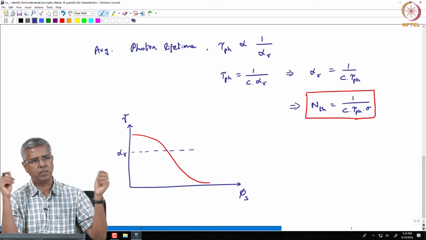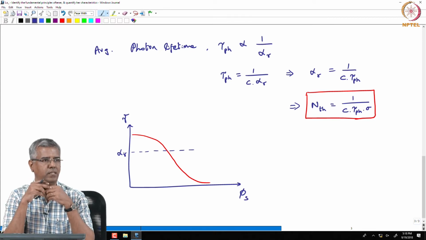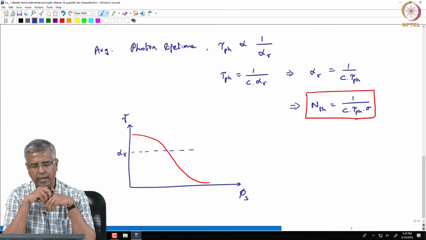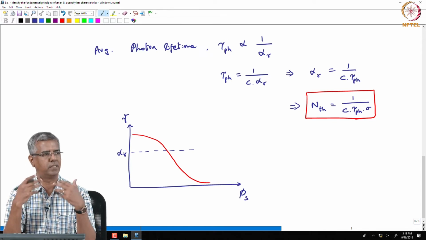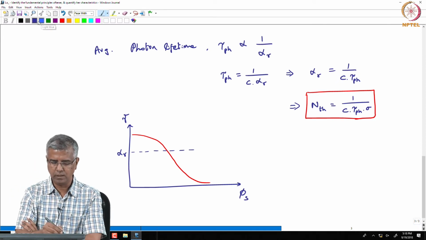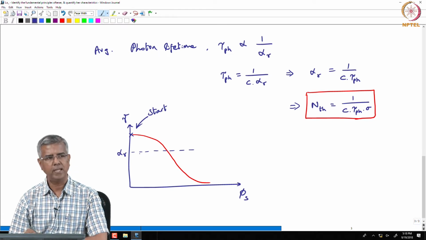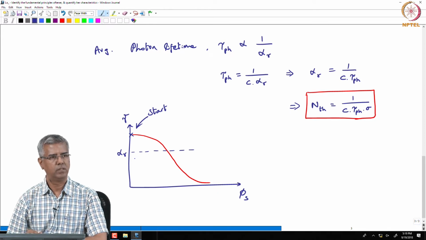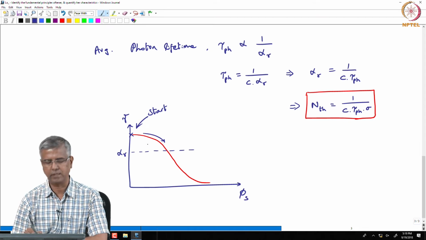And those photons upon feedback are going to start stimulating certain transitions, and you start building up the stimulated emitted photons. Okay. So, what we are doing in that case is you may start here. So, this is your starting point,